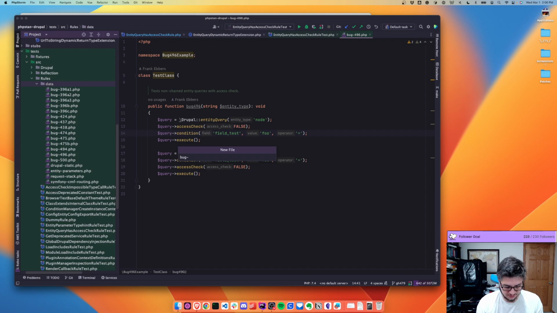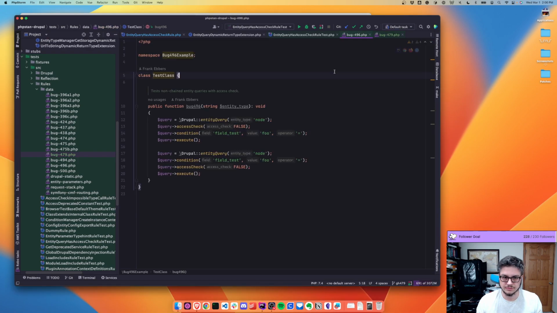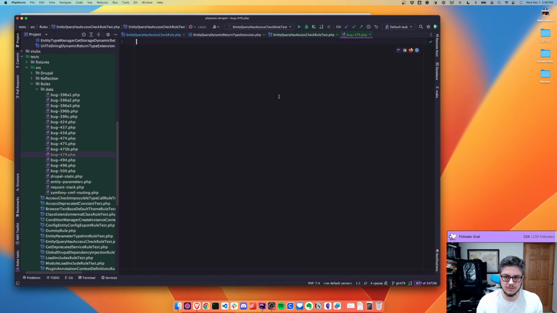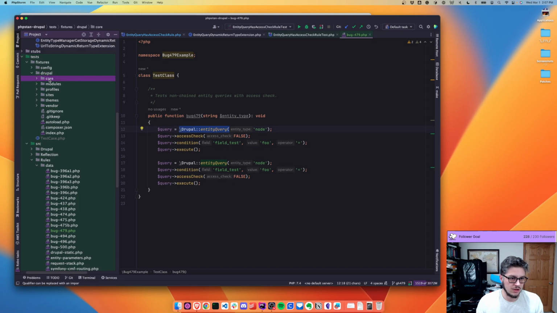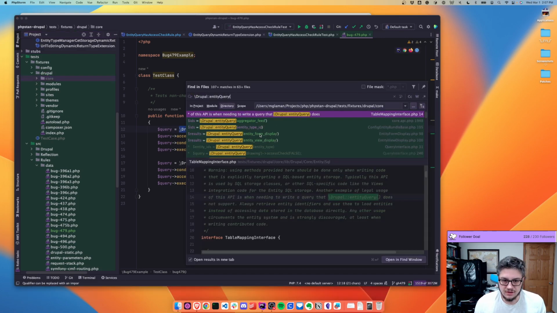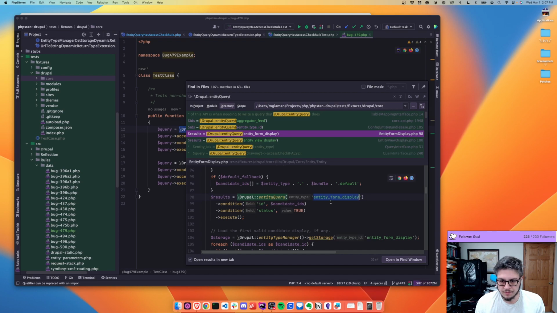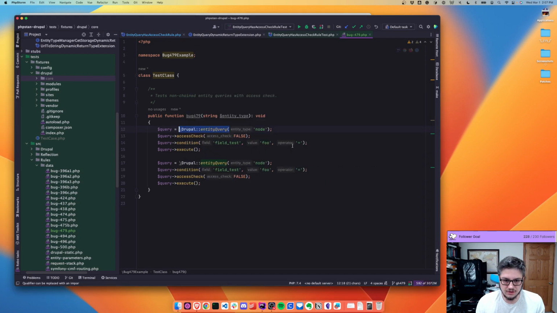So this is ticket 479.php. I'm going to go ahead and just copy this. 479. And let's do entity query of, oh, what's a good, let's find an example. Entity form display. Here we go. Because these are config entities, so they don't need